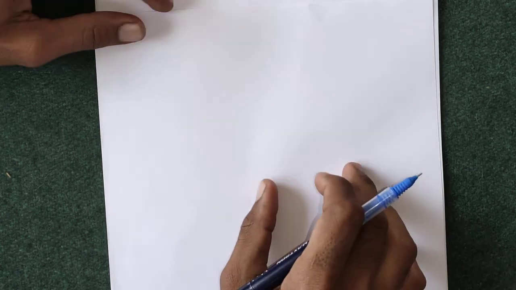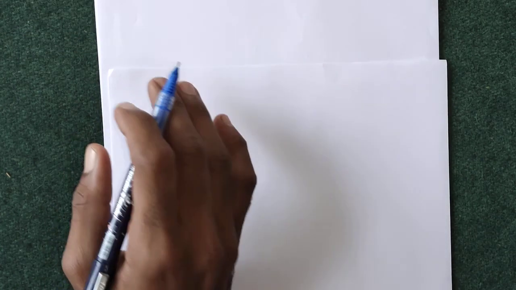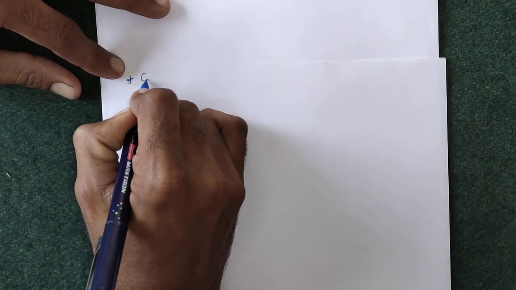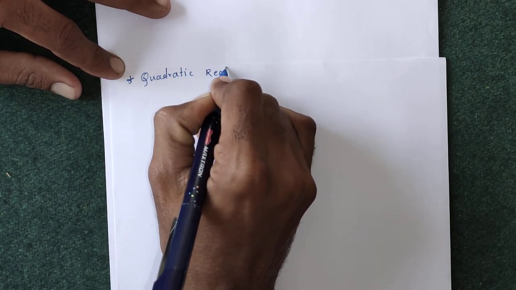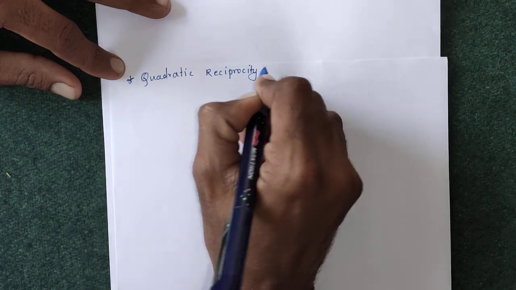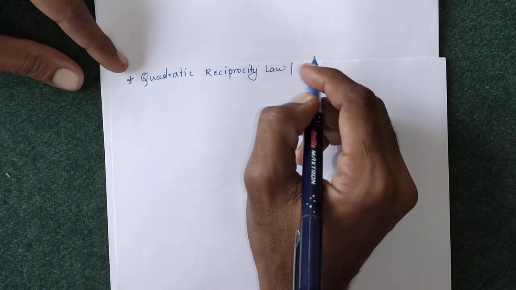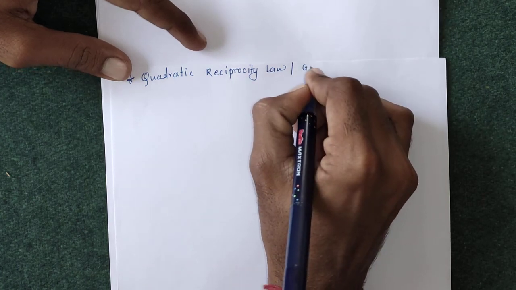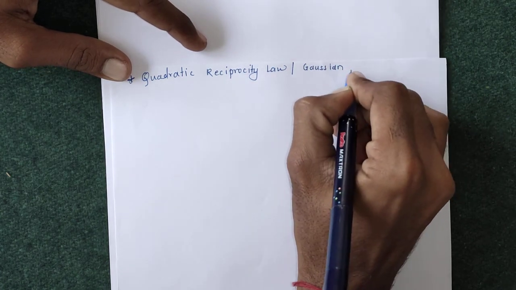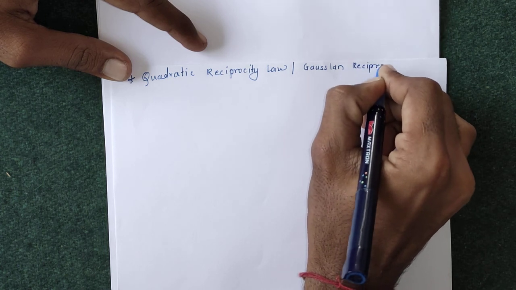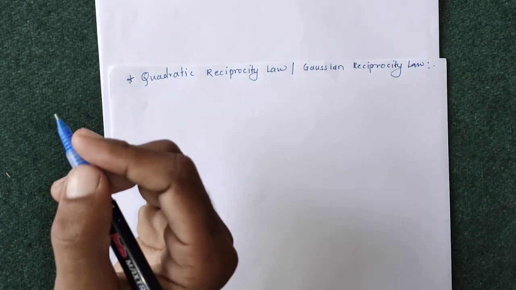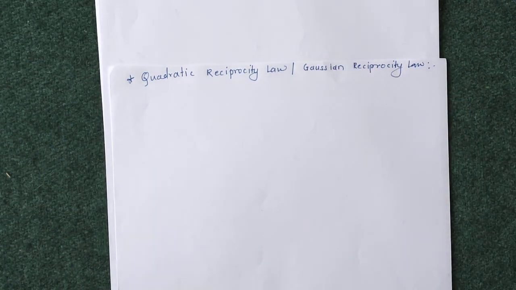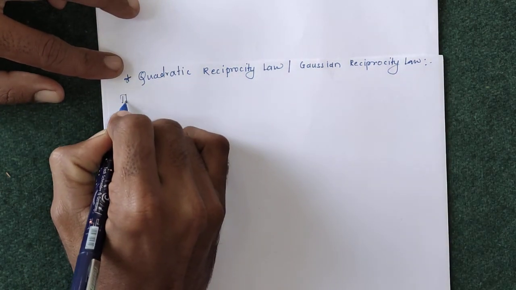Today we are going to discuss one more theorem of our third chapter, which is the quadratic reciprocity law, or Gaussian reciprocity law. This is the most important result of our third chapter. So the statement of this theorem is